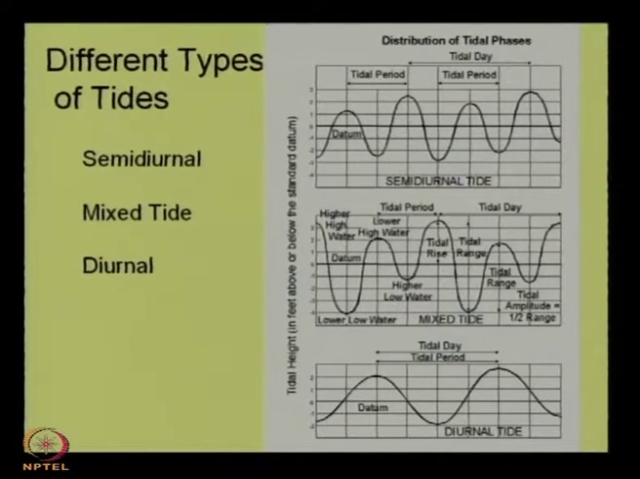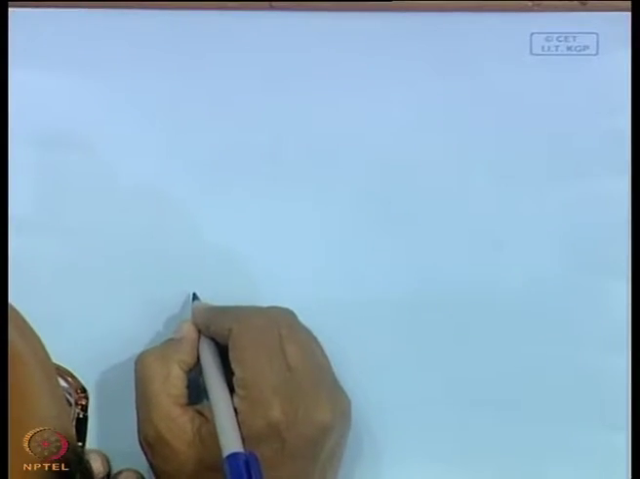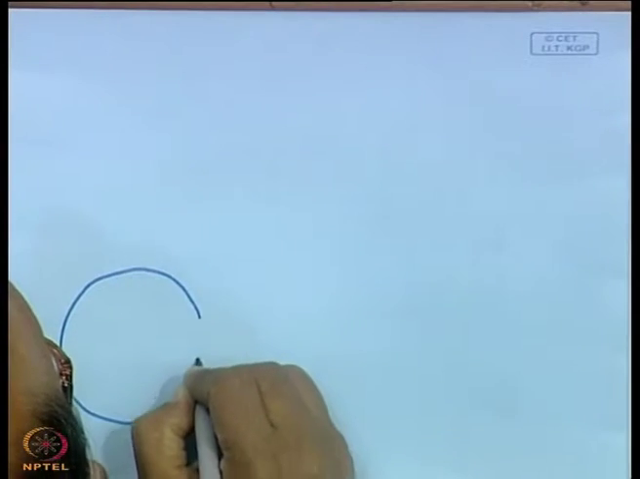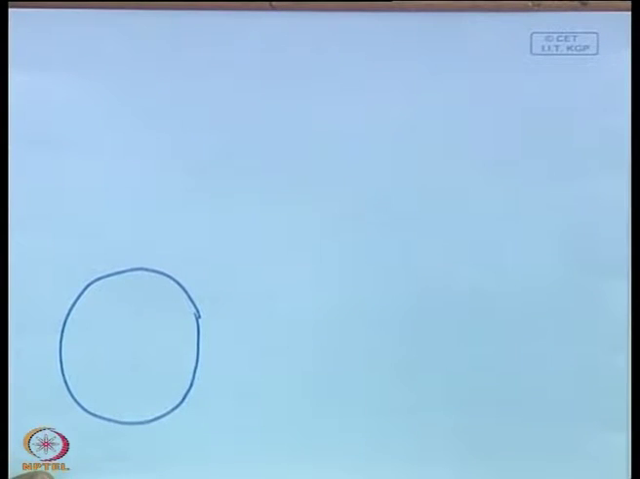So, let us ask the question: what causes the sea level to go up and down? To understand this, let us do a small calculation over here. The thing that we are going to calculate is as follows. Consider a spherical object, could be a planet, could be the moon, could be the sun, of mass m,